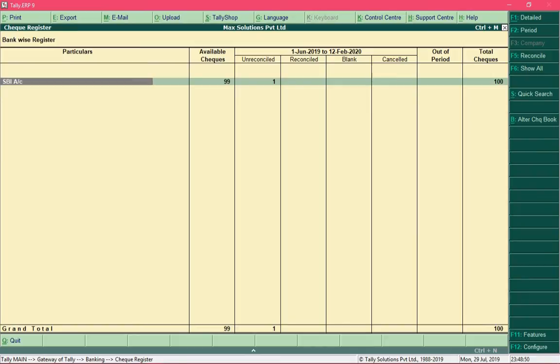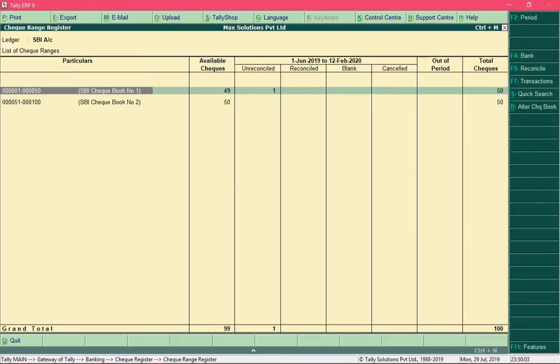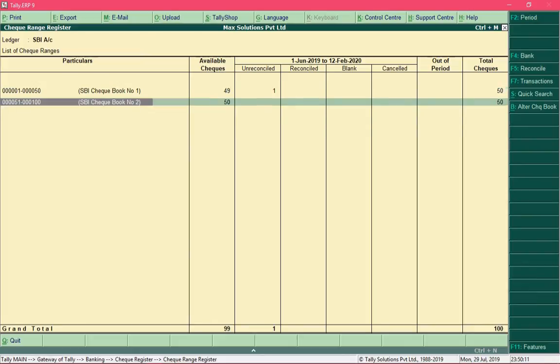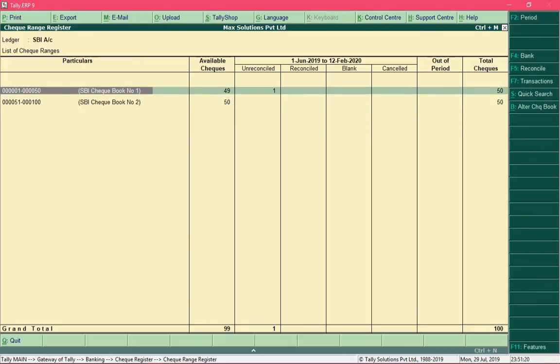And further, when I press the enter key, the details would become more specific. Over here I would be able to see information about the checkbooks which I have. I can notice that I have two checkbooks and each of them has 50 check leaves, and out of it I have utilized a check from checkbook number 1. So the available checks in checkbook number 1 are 49, and checkbook number 2 is still not utilized at all, so it has all 50 checks unused.